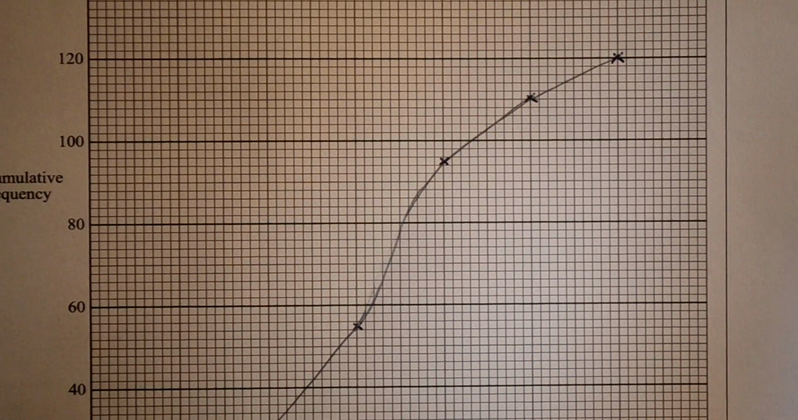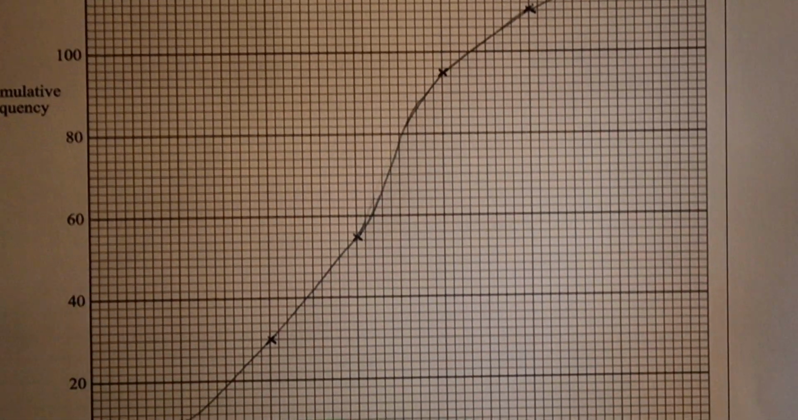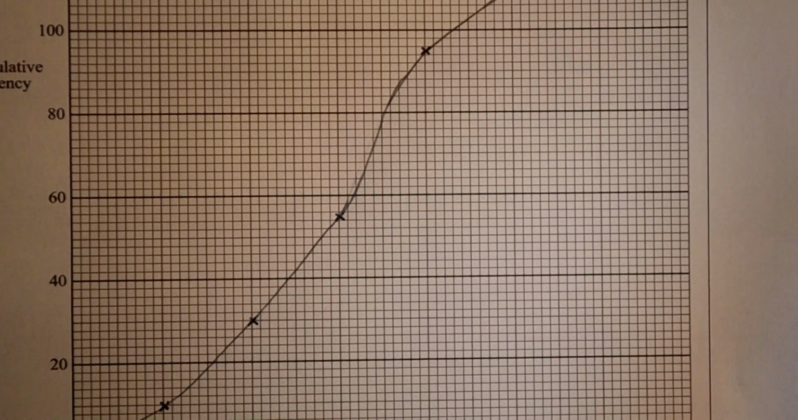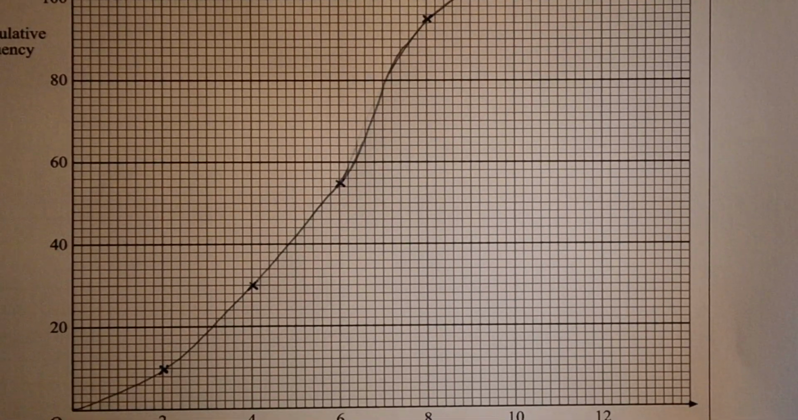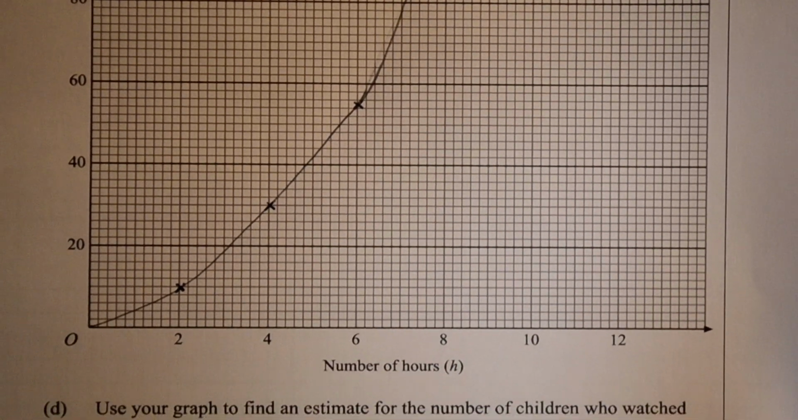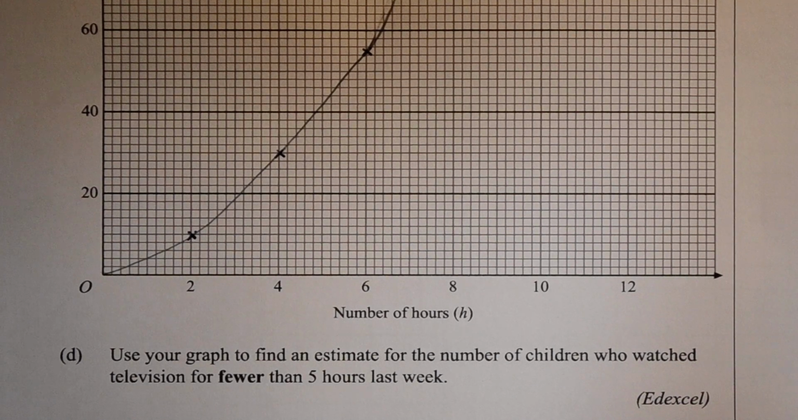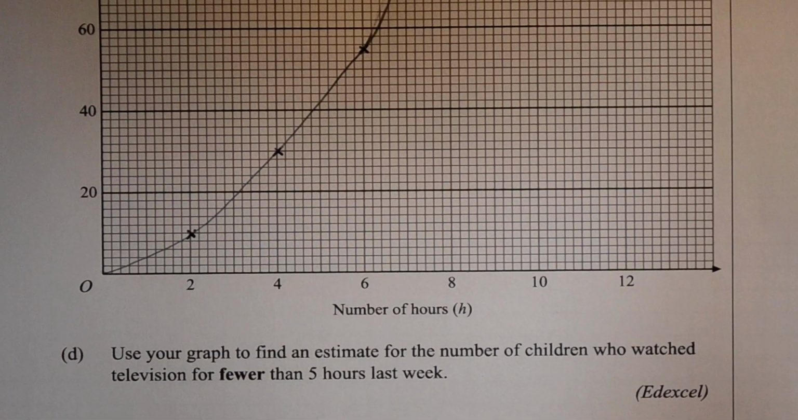the graph goes up to 120 on the vertical axis, so that's the total frequency, and then on the horizontal axis the maximum number of hours watched is 12. Now the question that we want to answer is printed just below the graph, and we're asked to use the graph to find an estimate for the number of children who watched for fewer than 5 hours last